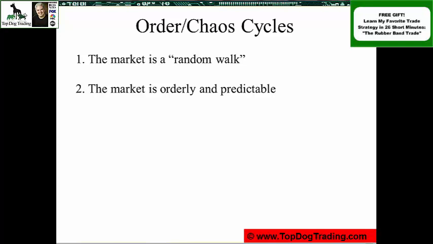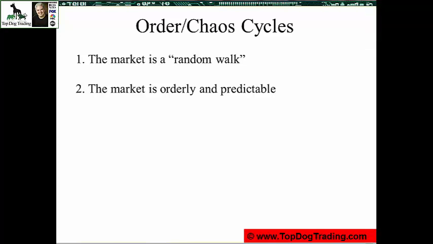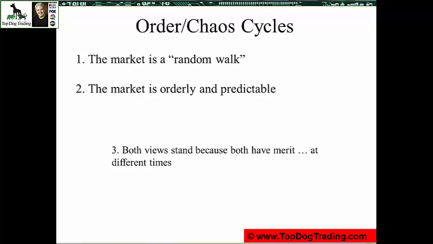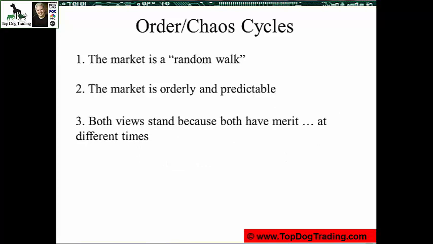And so I came up with this idea that there is a cycle in the market, another type of cycle, where the markets go through a period of being orderly, and then they go into another period of time where they become very chaotic. While they're chaotic, they are unpredictable, and you cannot establish a probability scenario, and therefore you should not be trading them. On the other hand, the times we do want to trade is when the markets are very orderly, and then we can provide a probability scenario.